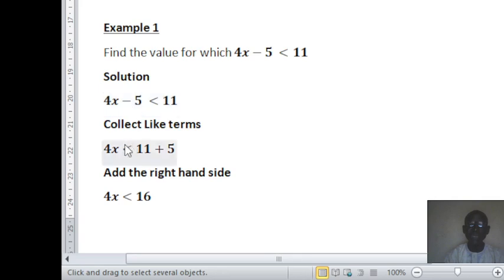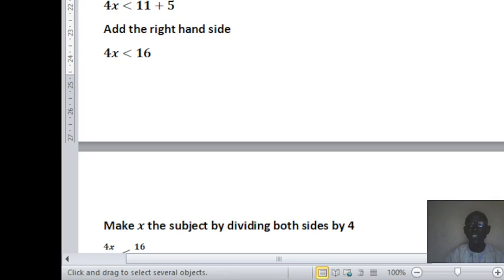When you move minus 5 to the other side, you have plus 11. That is why it is like this. But the normal way is you add 5 to both sides. Plus 5 will remove this minus 5, that's why you have 4x left here. And then this plus 5 is added to 11, that's why you have 16 here. So 4x is less than